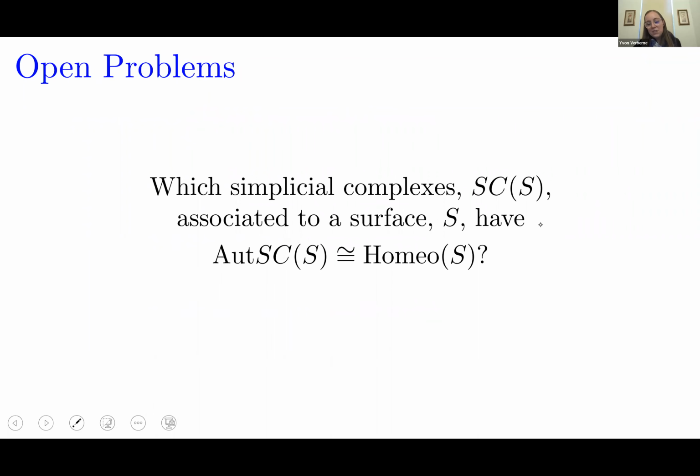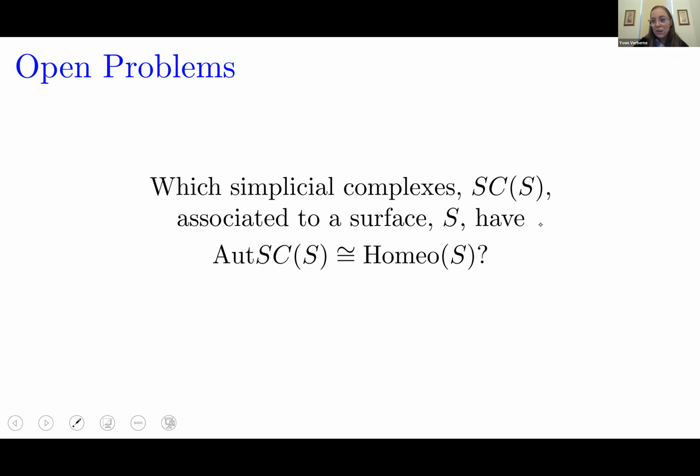And a final question that I want to close on is, for which simplicial complexes, which I'll denote SC(S), associated to a surface S, have that its automorphism group is isomorphic to the group of homeomorphisms of a surface? So we noticed that when they were studying the curve graph of a surface and different simplicial complexes that are affiliated with this curve graph, you always get that the extended mapping class group is isomorphic to the automorphism group of that curve complex. So what happens if I take all of the simplicial complexes that we know to be isomorphic to the extended mapping class group, and I remove the word isotopy from each of the